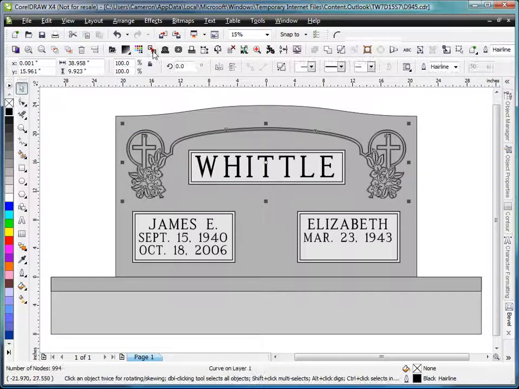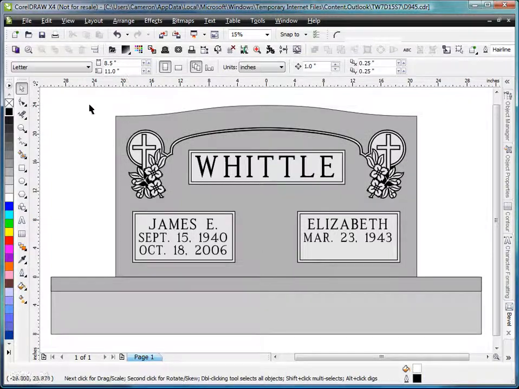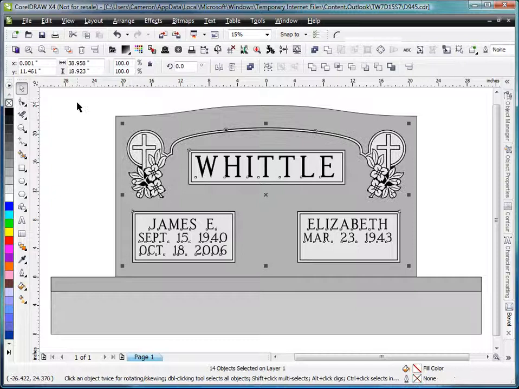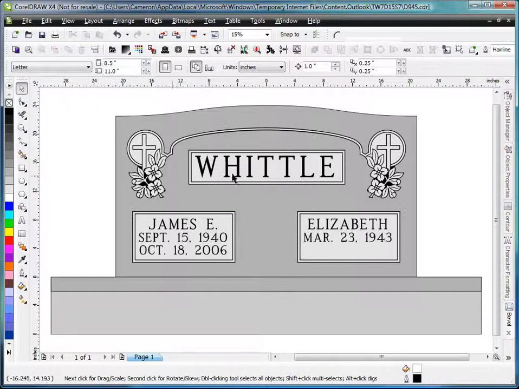Once that's all done, we can use the fill panels, and that'll fill it in for us. And then I'll probably just go ahead and take the outline color off. And now we've got it set to fit